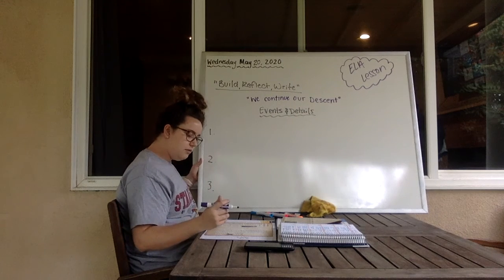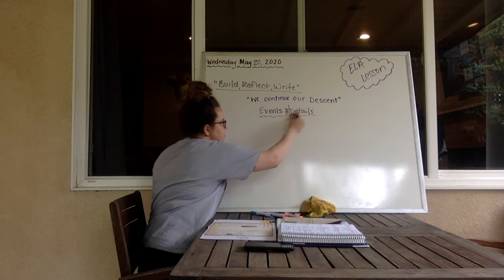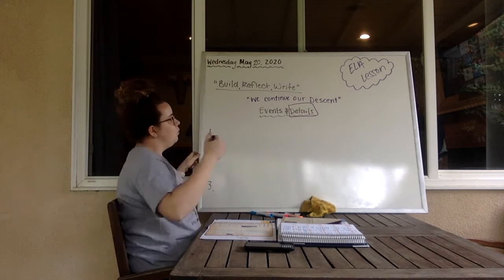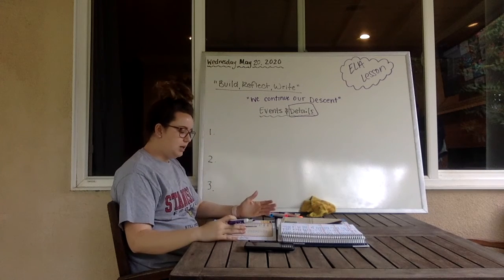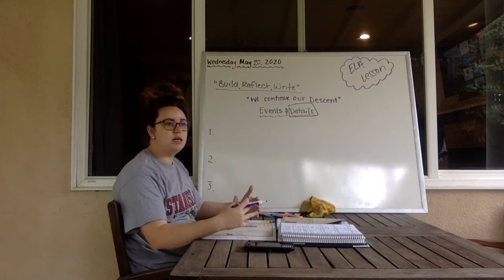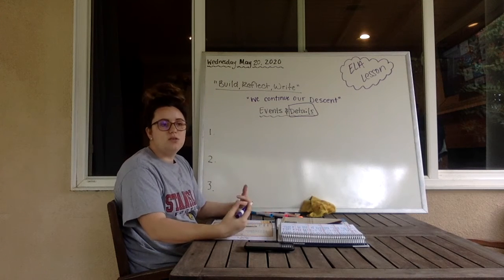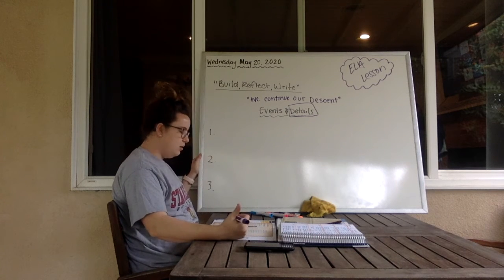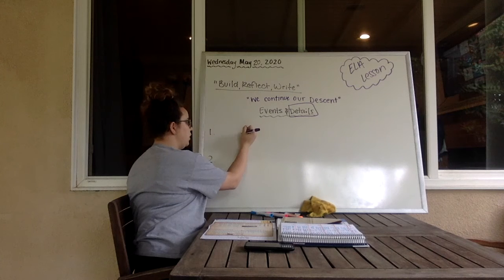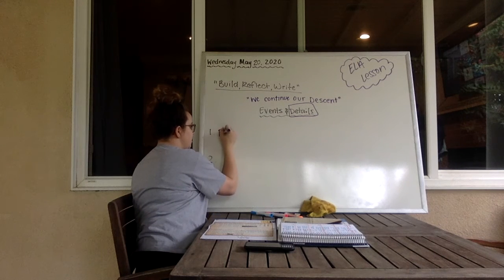So for our key events, for our first key detail, I'm going to go ahead and put a box around details, because we're really focusing on the key details of the story. The excerpt is so short that there weren't a lot of key events, but there were a lot of key details introduced. So I'm going to write what page our detail is on. So our detail is going to be on page